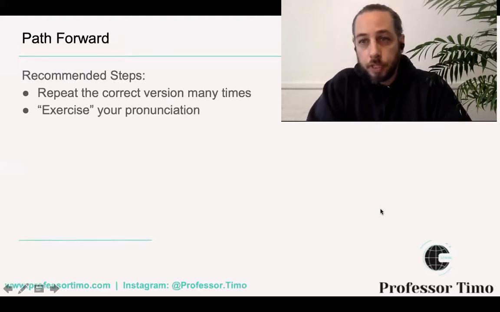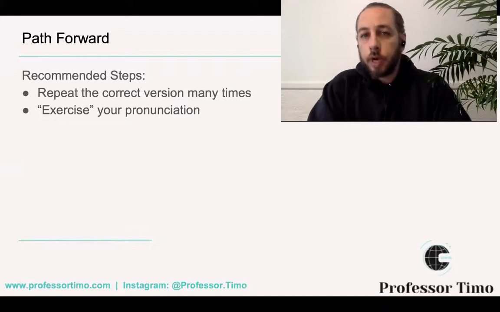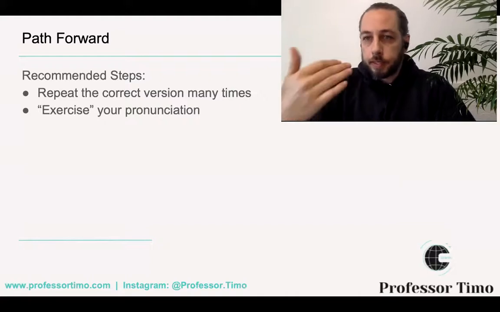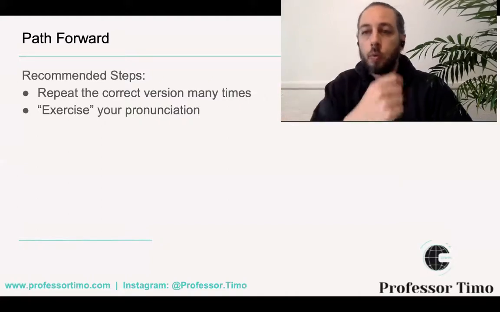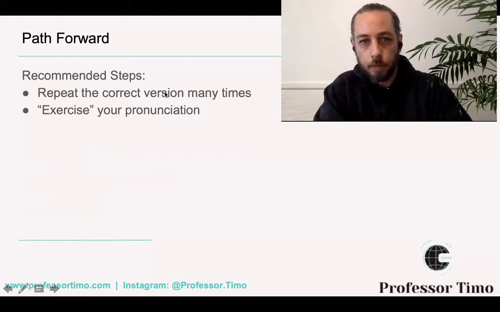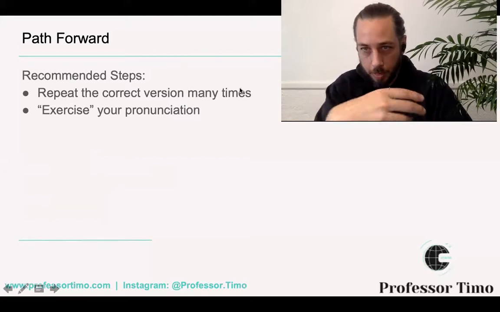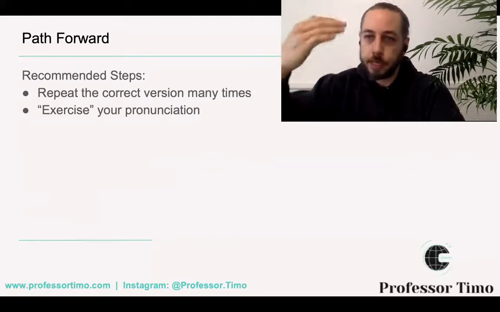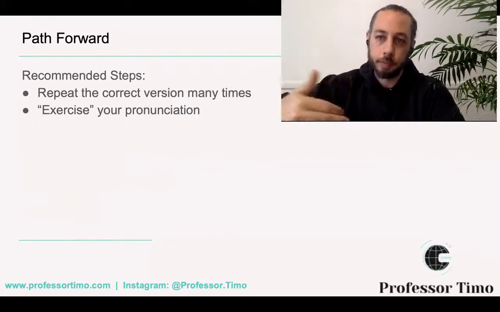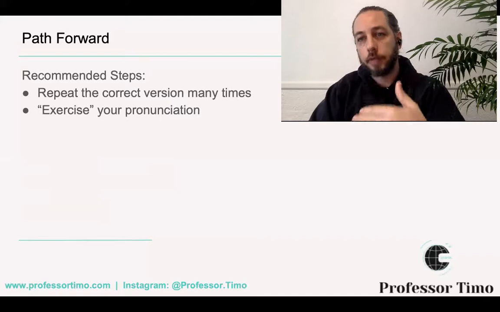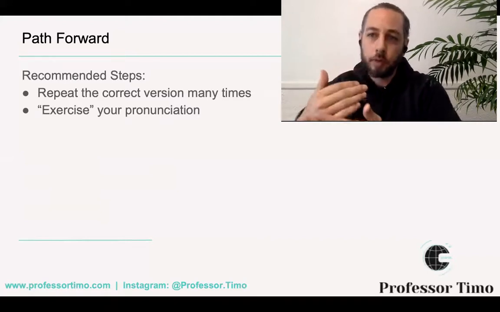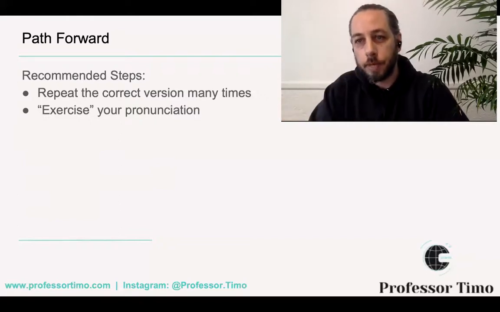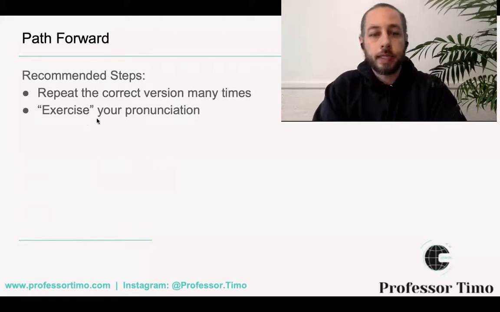All right, so you've reached the end of today's lesson. So a few recommendations for you. You can watch this video again and again, or you can listen to songs again and again, or watch movies. But when you get the correct version, I recommend that you repeat that correct version many times. Remember, go to the gym, the gym, the gym. You can say it over and over to yourself. An office, an office, an office. That way you can build repetition and in your mind, it'll be automatic. That's the only way it can be over time.